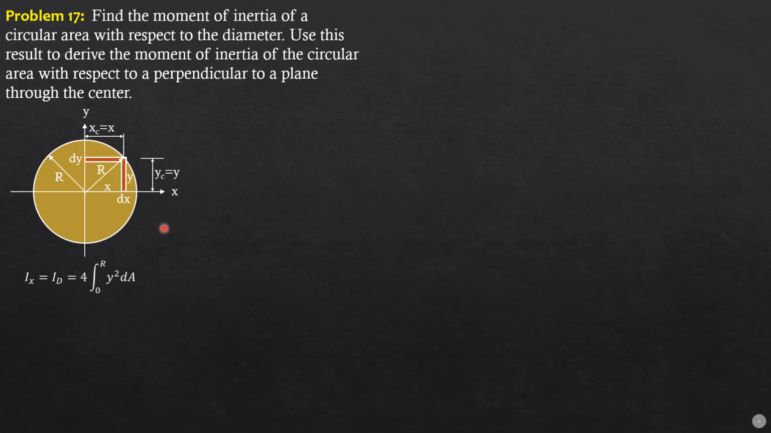So from the figure, by the way, the equation of the circle we have here by Pythagorean theorem, with the center at the origin, is x squared plus y squared equals radius squared. If you do not know that, then you just look at this right triangle. We have x squared plus y squared equals r squared. That's the equation. Therefore, the differential area is x times dy, and we can replace x by the square root of big R squared minus y squared. So Id, 4 times integral 0 to r, y squared square root of r squared minus y squared